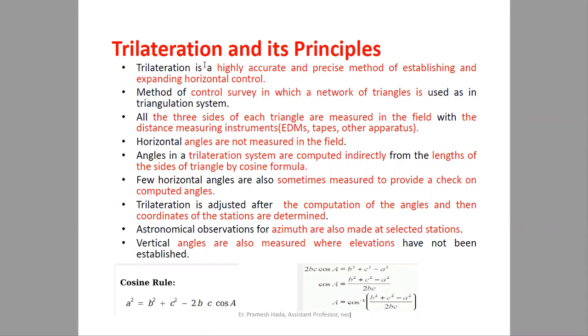Before this, I quickly remind you about trilateration. Basically, in trilateration, we calculate each side by measurement, and then we can determine the included angles for each triangle that divides the area into different triangles. Why do we divide the area into different sets of triangles? To make our work easier while surveying.